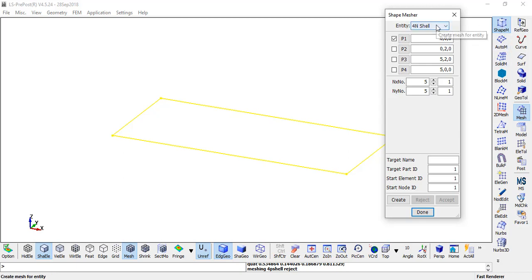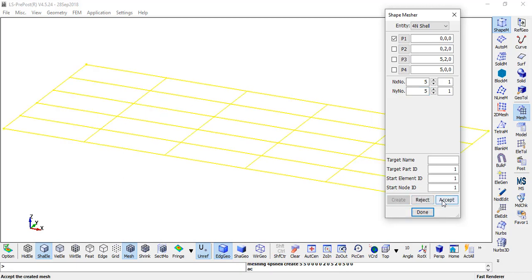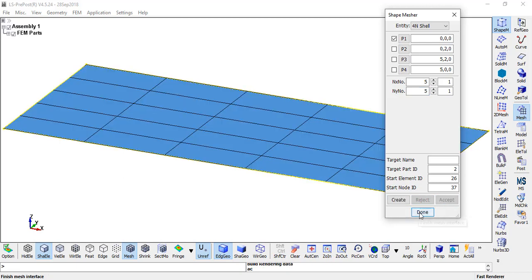In shape measure, for the shells or plates that you have seen, we need to take 4-node shell, select it, give the coordinates this way and give the divisions as 5. It is up to you how to give, and then create, then accept, and it's done.